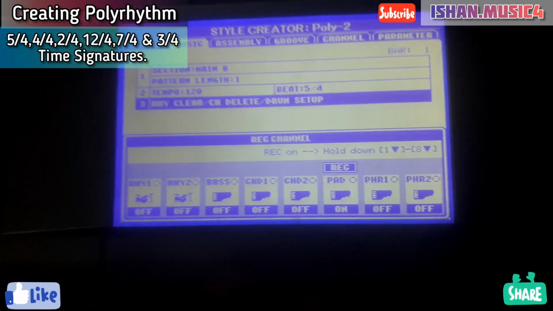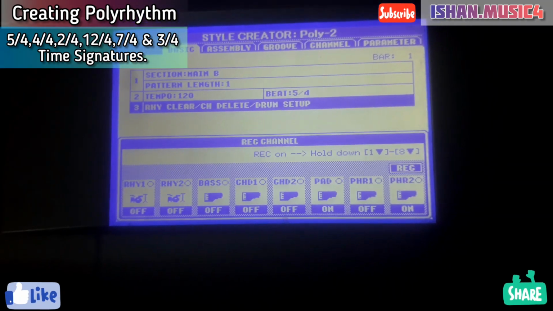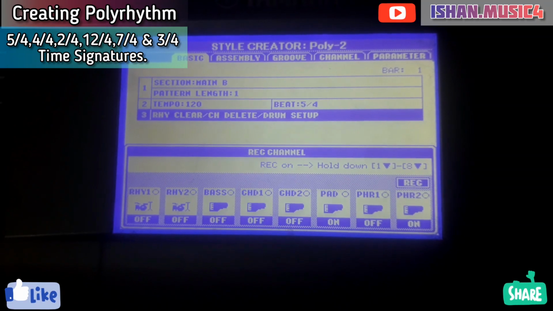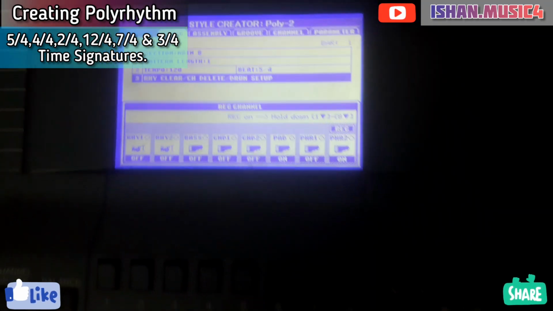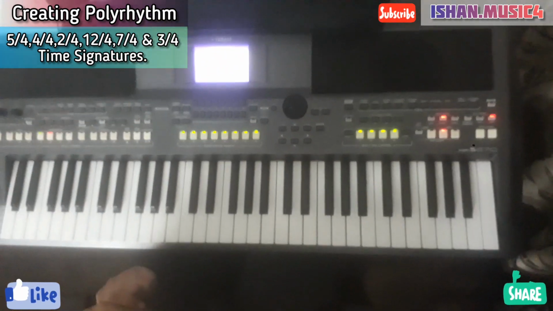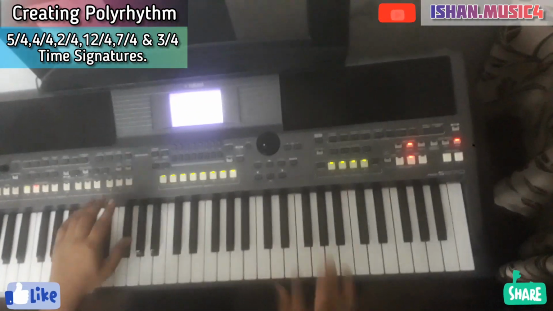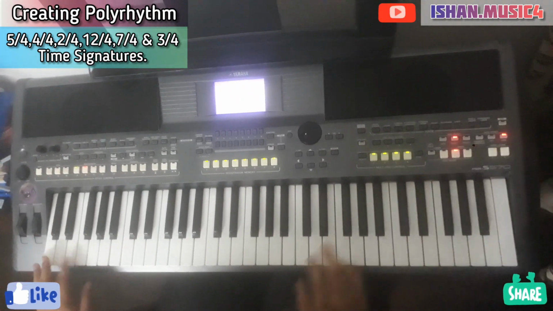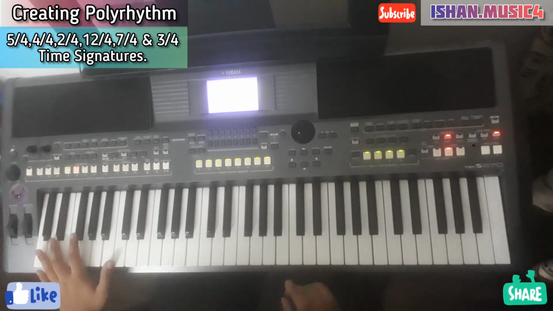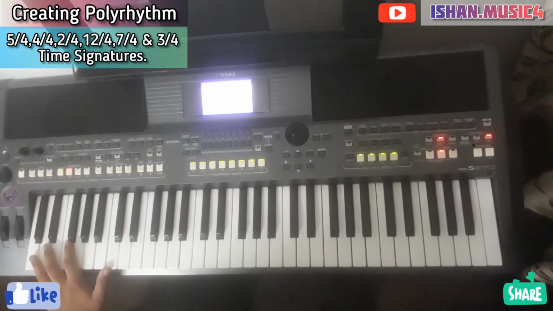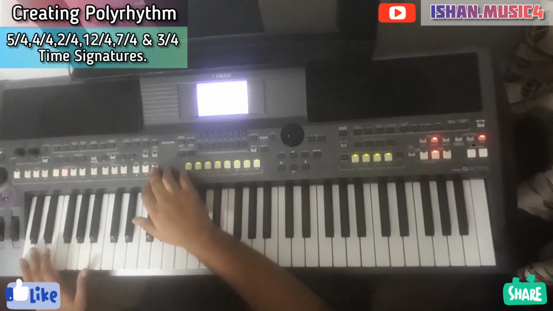And the last one which is remaining is 3/4. Now 3/4 is quite easy if you play at every fourth beat of 12/4. So you will get your 3/4. That is, if you divide 12 by 4, you will get 3 notes, of course. So we will do that. I will use the lowest octave because this one's the only one which we have not used.